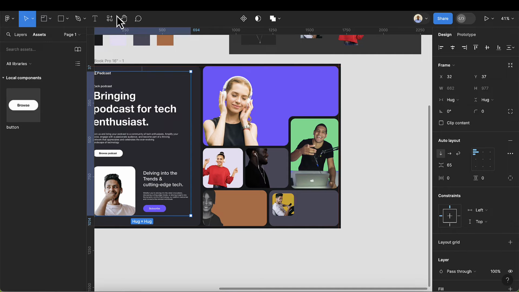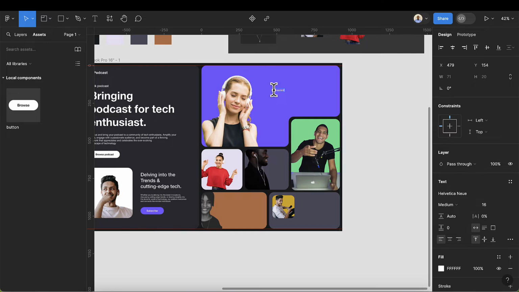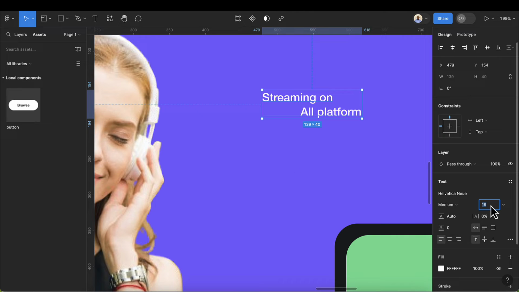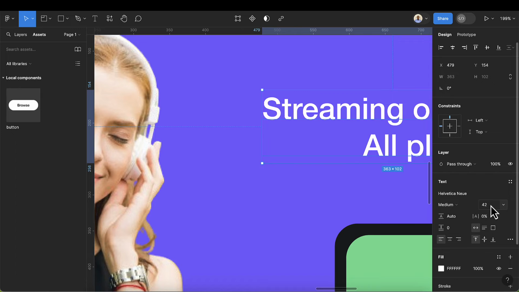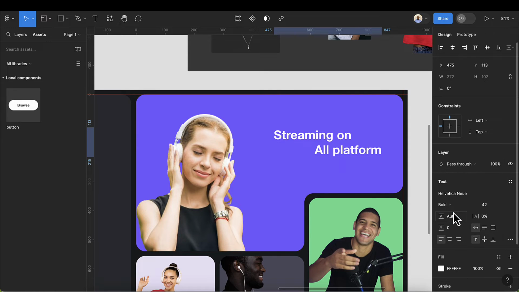To do that, I'm going to add the text here, streaming. Let me zoom in so we can see what I'm typing. Streaming on. I'll put a break here and then add all platform. Streaming on all platform. Here we can now increase the size of this to 42. Having this, I think I can set this to bold, let's see how bold will look on this. Okay,